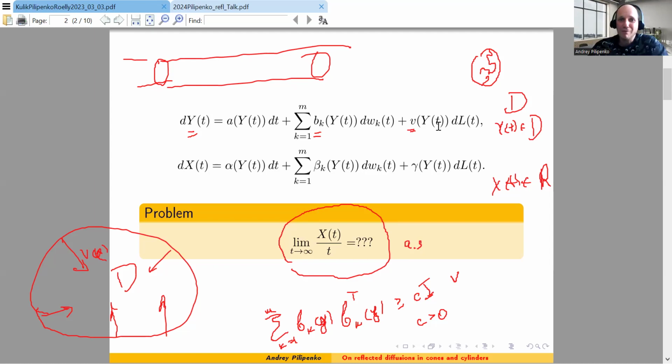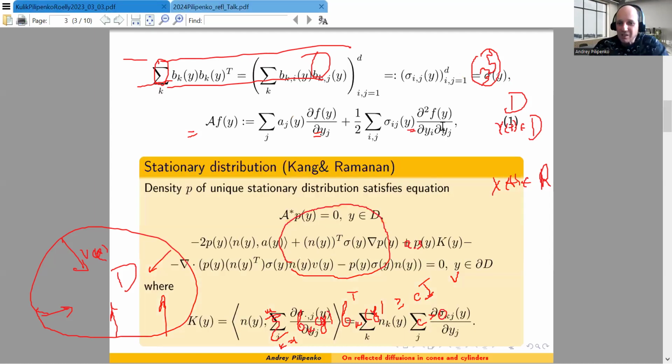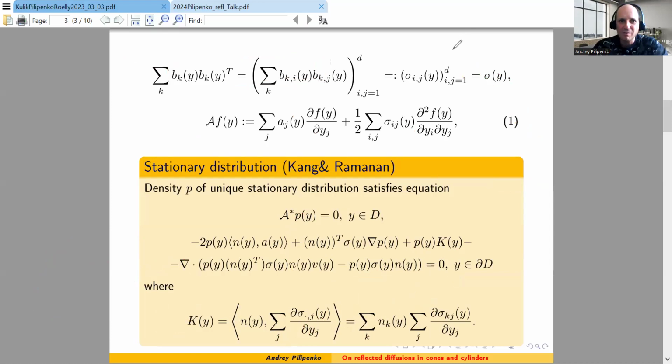We have very good mixing properties, and even moreover,